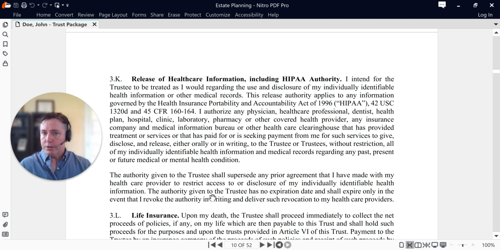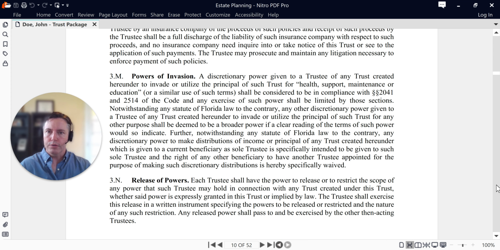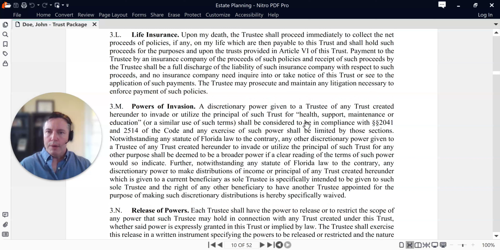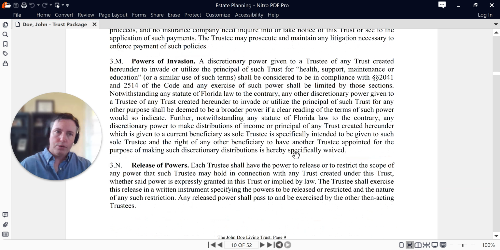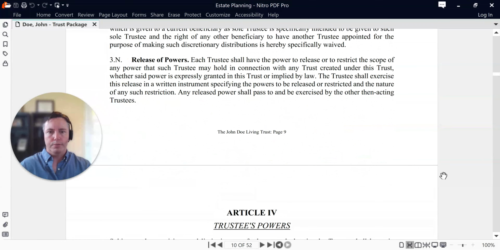They can access health information, as you see in 3K here, if that's helpful sometimes. If there's life insurance or health insurance issues, they can deal with that directly. You might at one point make your life insurance payable on death into the trust. So you'll see that in 3L, their ability to handle things like that. Or you might have it paid elsewhere. You don't have to have all of your assets come into the trust by any means. But the ones that do, you want to make sure the trustee can manage appropriately and utilize either for your good or for the good of your beneficiaries.